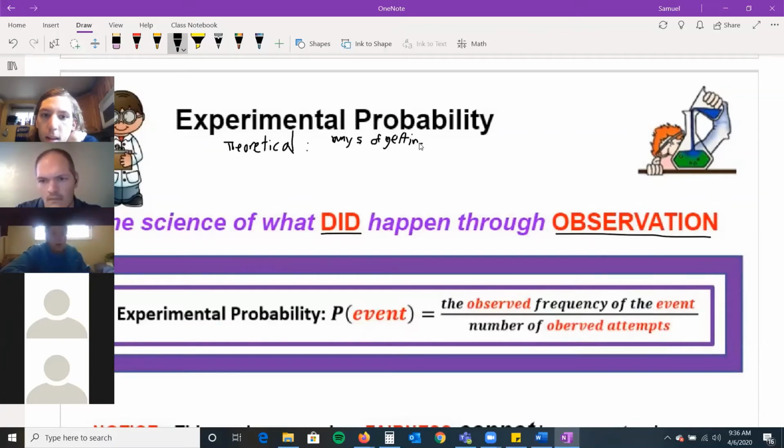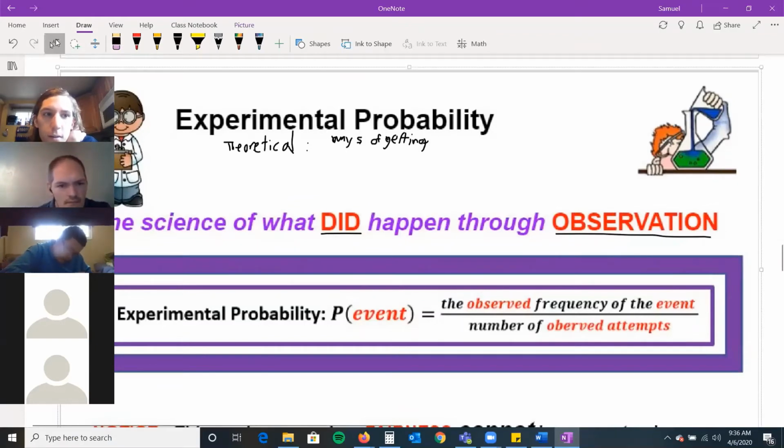Our desired outcome. In that last case, it was yellow. This is too slow, sorry, so I might just have to pause. I'll just say it out loud. Ways of getting the outcome that you want, in that last case, the yellow, over the total possibilities,